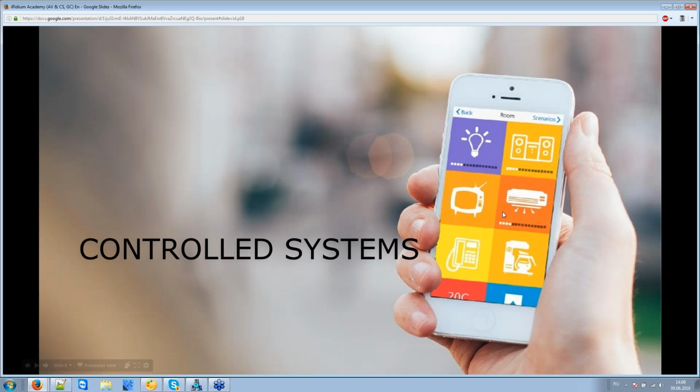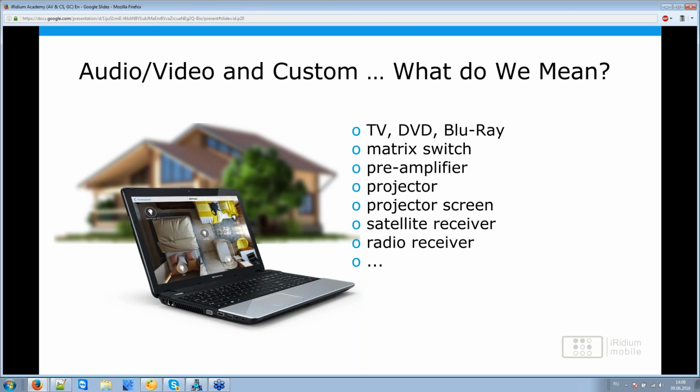Controlled systems. Now, we'll go back to audio video equipment, and I'll try to explain what we mean by audio video and custom systems. I'll show you the driver, AV and custom systems. This driver means that you can create any driver based on this basic thing that can control TVs, DVDs, Blu-ray players, matrix switchers, preamplifiers, and other equipment that